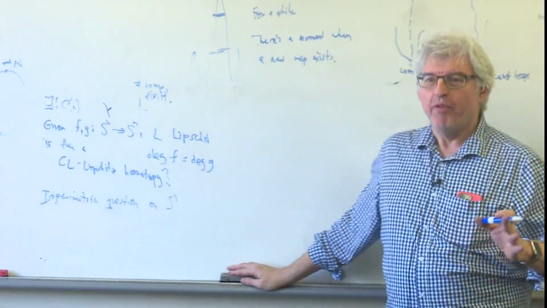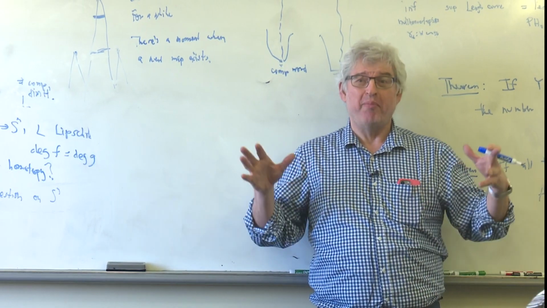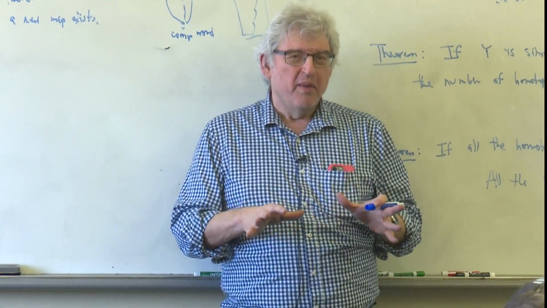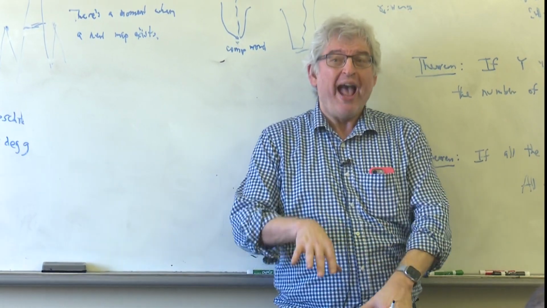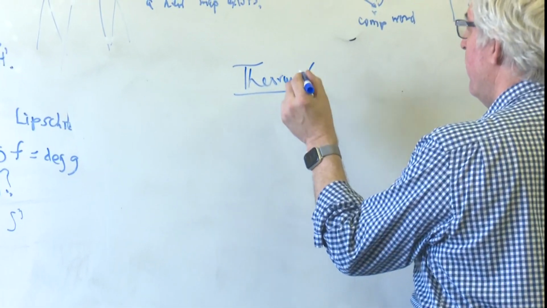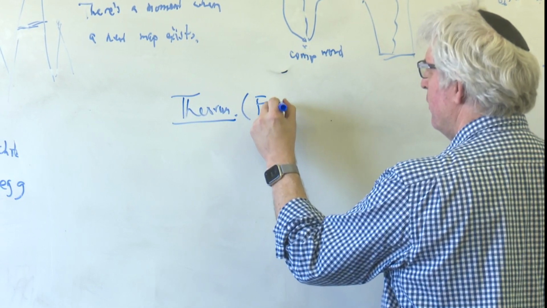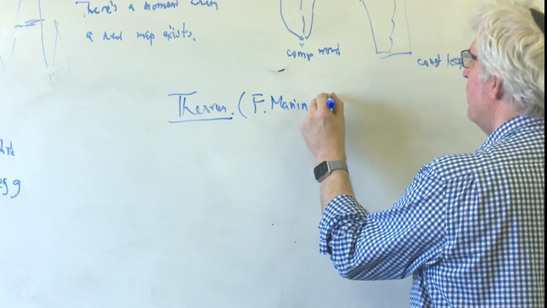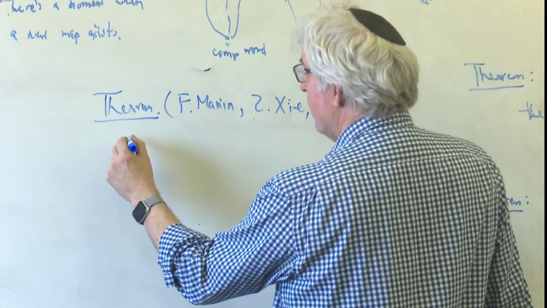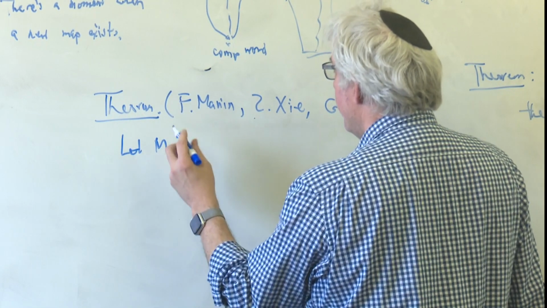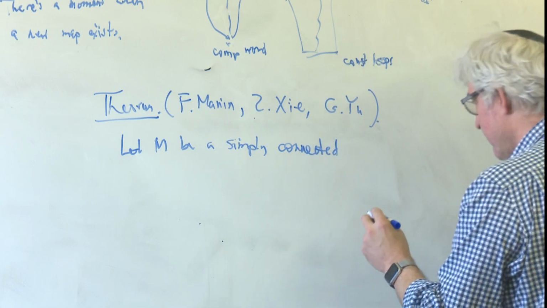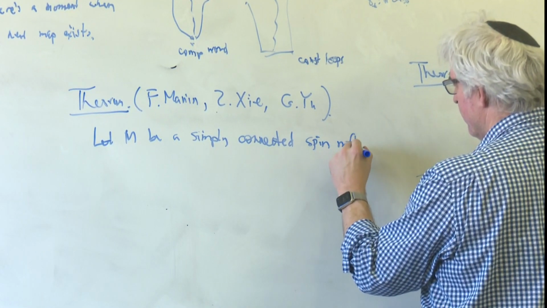I think I only have 10 minutes left, so I just want to return to the theorem that I said as motivation for this project, and point out which pieces of what I explained address which aspects of the theorem. So the theorem went something like this. Since this is the new thing, I'll be careful to give some names: Manin, Zhizheng Xie, and Guoliang Yu. It says: let M be a simply connected spin manifold,